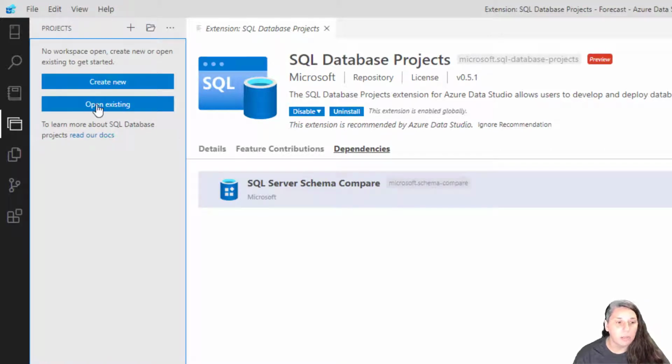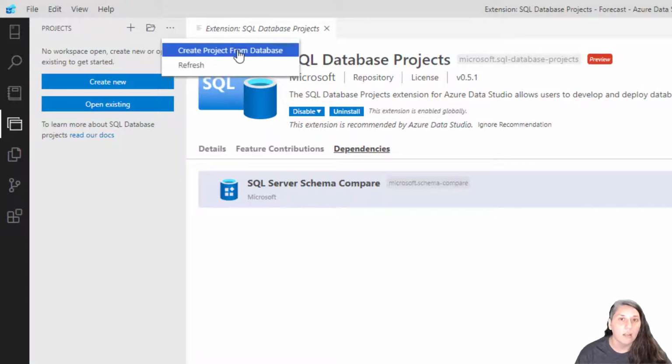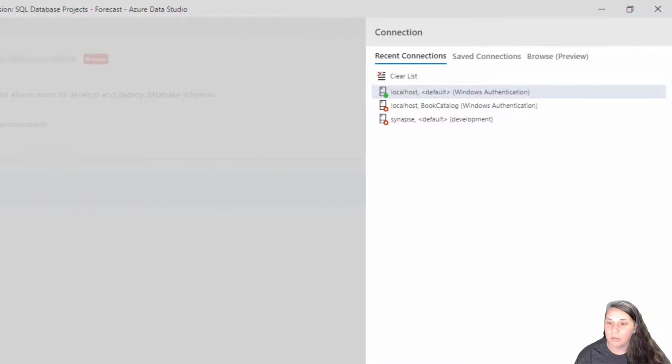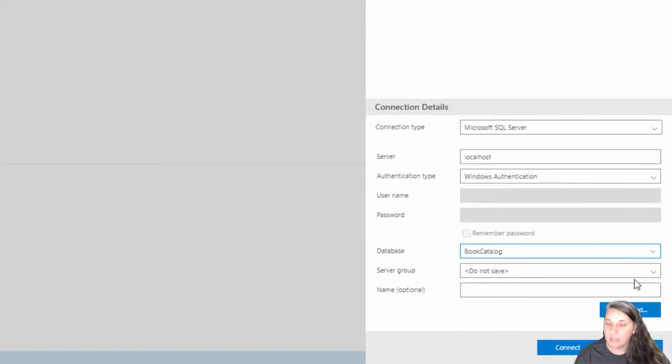So the first option I have is to create either a new project or create a project from a database. I'll say the first time that you're setting up a database project, I think the easiest thing to do is create a project from a database. So I'm going to go ahead and click that connection, and it's got my connection list here. So I'm going to use my local host, and I'm going to select Book Catalog as my database, and I'm